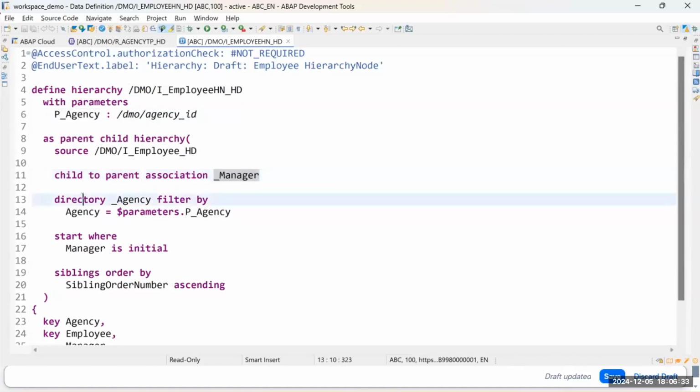This directory is used for the grouping. So this is also needed, of course, for the lock shadow, so that you edit only one agency and all the employees underneath, not the entire set of all agencies and all employees. So you know from a regular transactional application, you have a start indicator. So you say where the manager is initial, that's where the hierarchy starts, and the sibling order or the order sequence, and if it's ascending or descending. So this is what you declare, and that is what is needed in terms of the hierarchy declaration, so that also the behavior definition knows about it and can act accordingly.